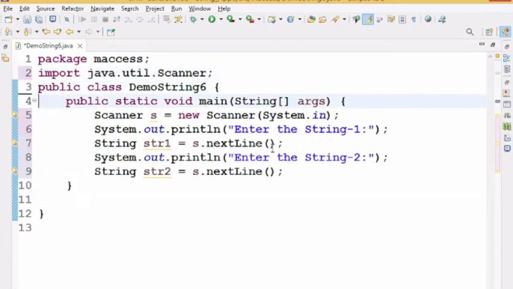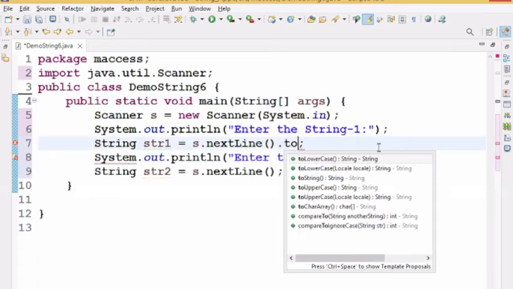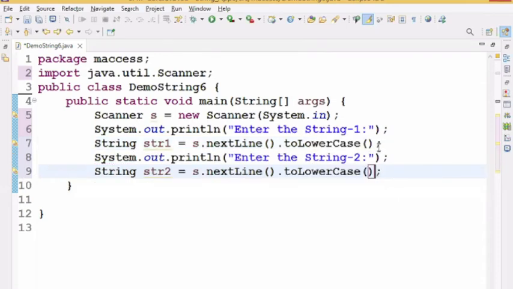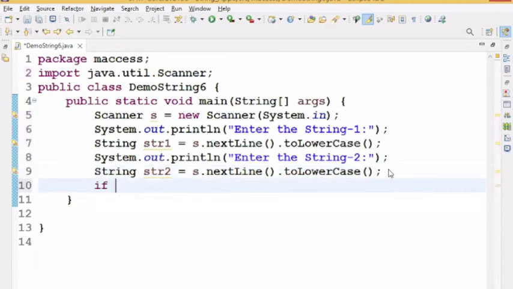Keep the strings in lower case. If we enter upper case also, I'll keep it in lower case, because comparison will be easy. Okay, right. Now here,